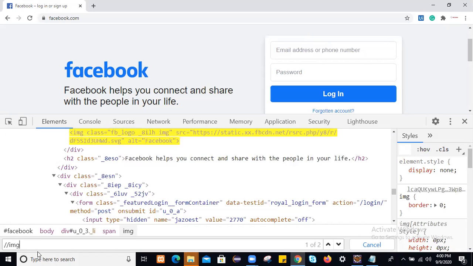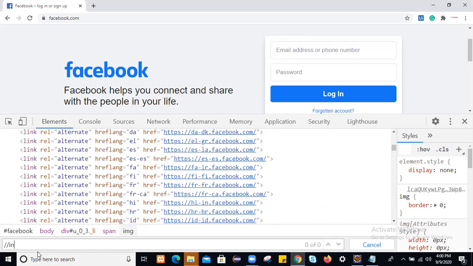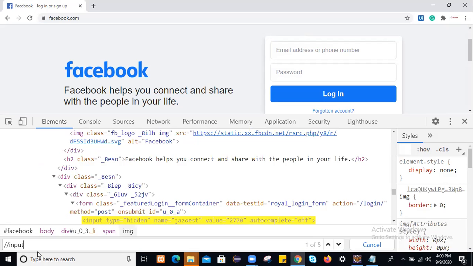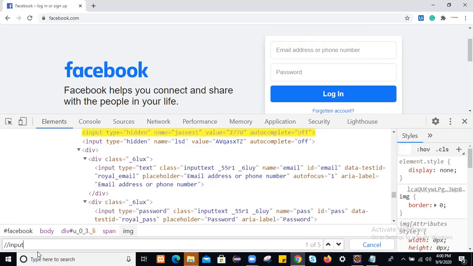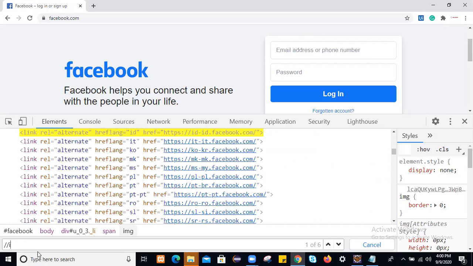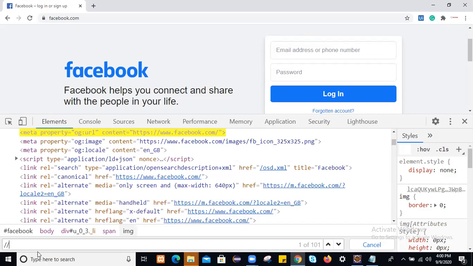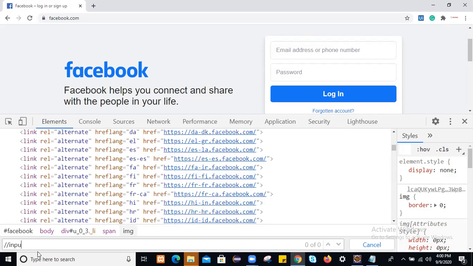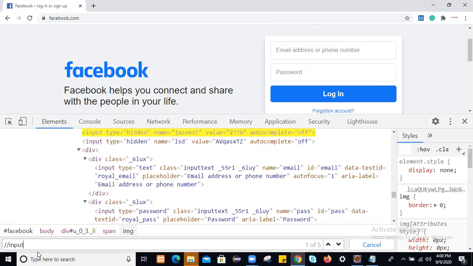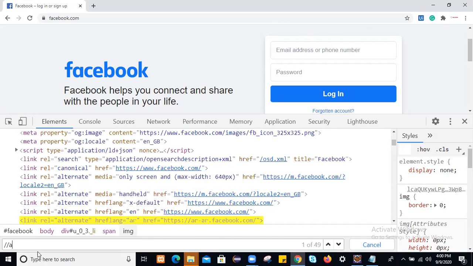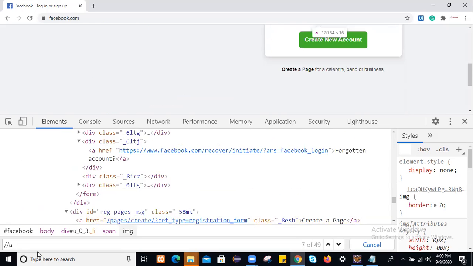So similarly, if you want to know how many anchor tags are there, multiple anchors, 5 anchor tags are there. All are highlighted. So on this same page, this is the input tag. How many input tags? 5 input tags. Similarly, how many anchor tags? Anchors means links. So totally 49 links are there on this page.